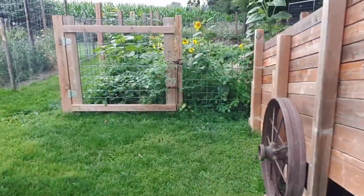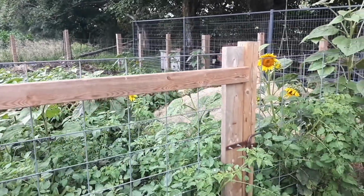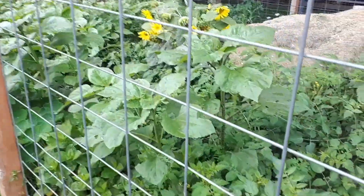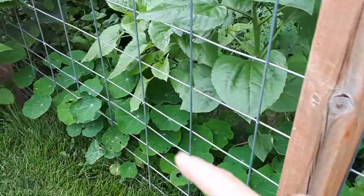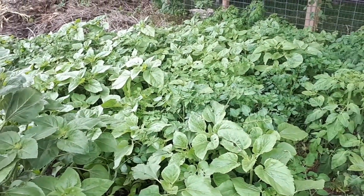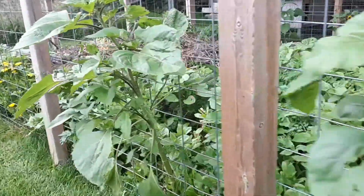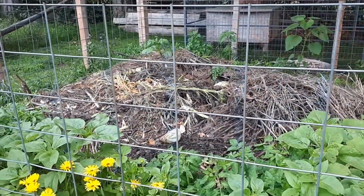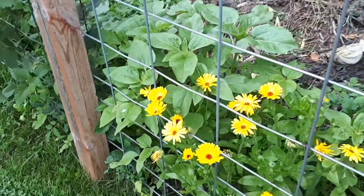This is our old pig pen. Obviously we don't have any pigs this year. I have loaded it up, you can see, with sunflowers. There's tomatoes in there, volunteer tomato plants, but I also have zinnias crowding along here. I've also got nasturtiums here, tons and tons of sunflowers, and there's calendula, and there's zinnias back there. It's just a big, massive flower enclosure here. But yeah, I just don't like the look of the compost piles, so I thought I'd just kind of fill them up with flowers around,